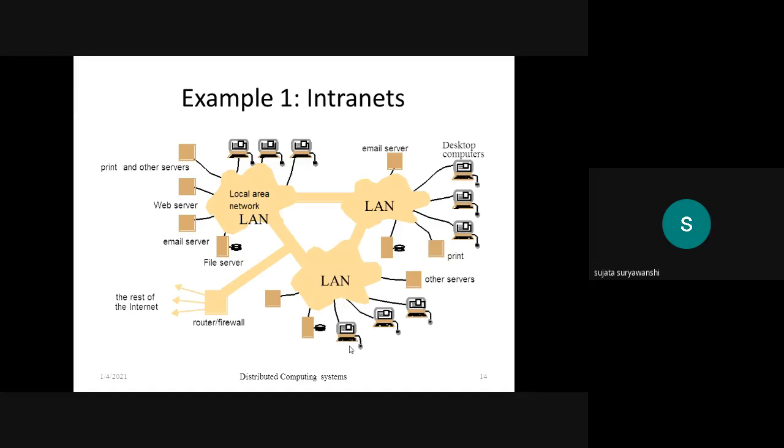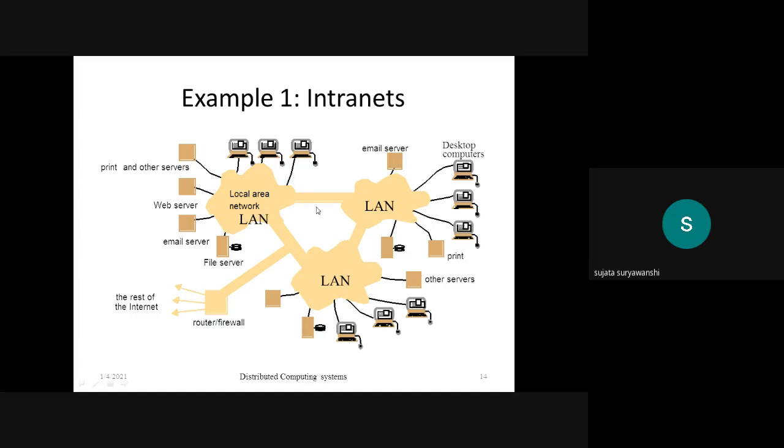Now the next example of a distributed system is the intranet. The internet is made up of a collection of different intranets, and here is the example of the internet itself. It is a distributed system example, where inside the internet all the systems are connected through LANs. These are three different LANs. A LAN covers a single building or two different buildings. If you want to connect two different cities, or the range is too high, then we can use a MAN, that is, a metropolitan area network.